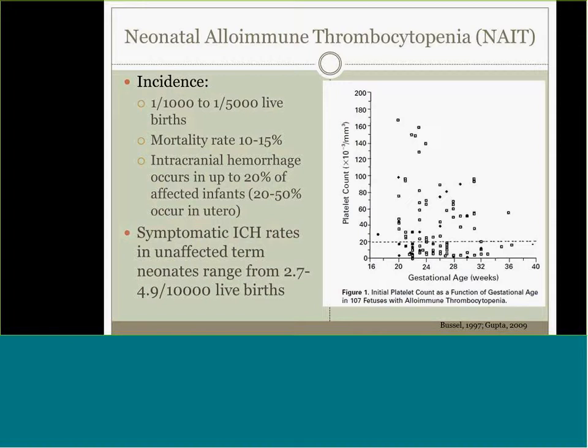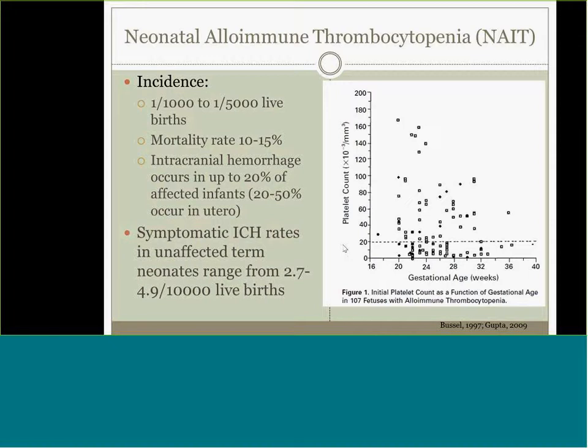You can see that bleed. And you can kind of see, so is this going to let me do the point here? Okay. So this is gestational age, and you can see that in fetuses who are affected with alloimmune thrombocytopenia, their thrombocytopenia can be very impressive very early on in gestational age. These are platelet counts less than 20 back in the 20th week. You can see why they may or may not be prone to bleed